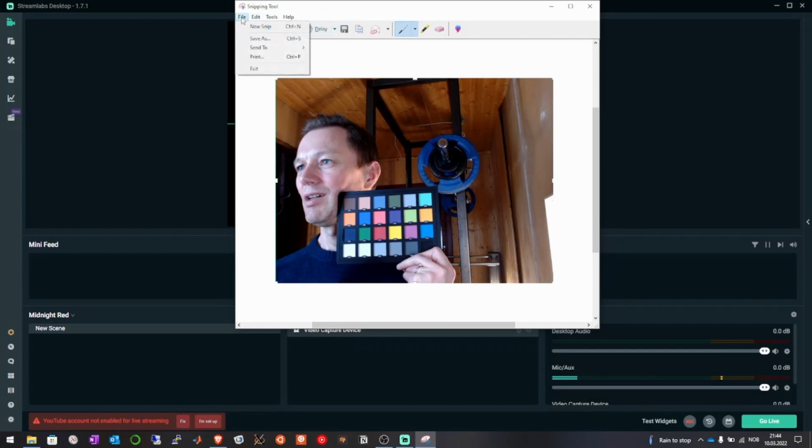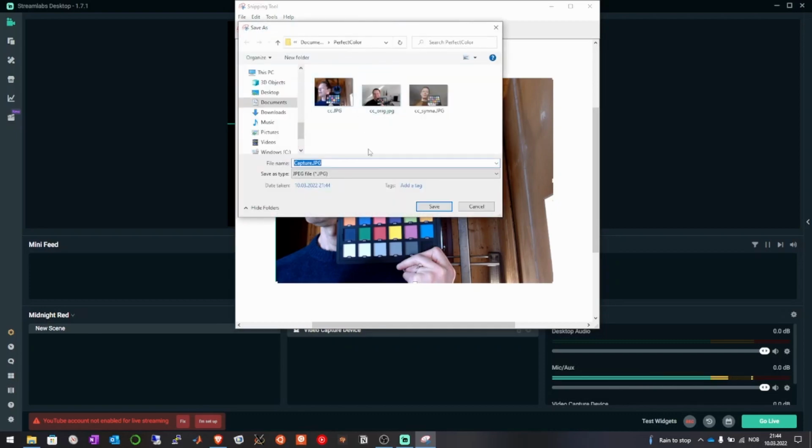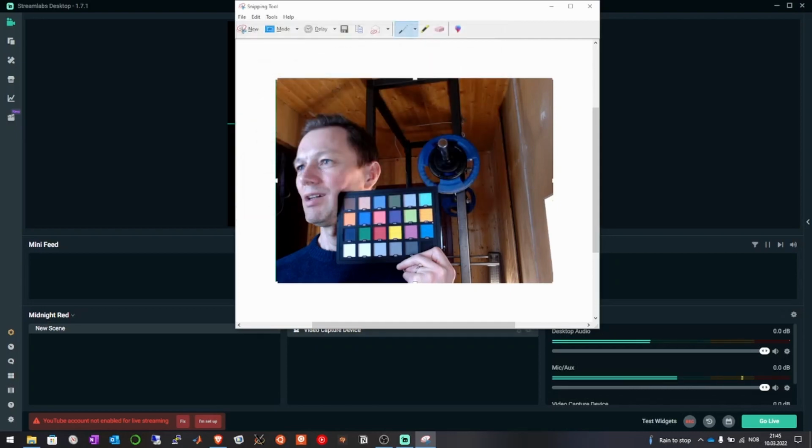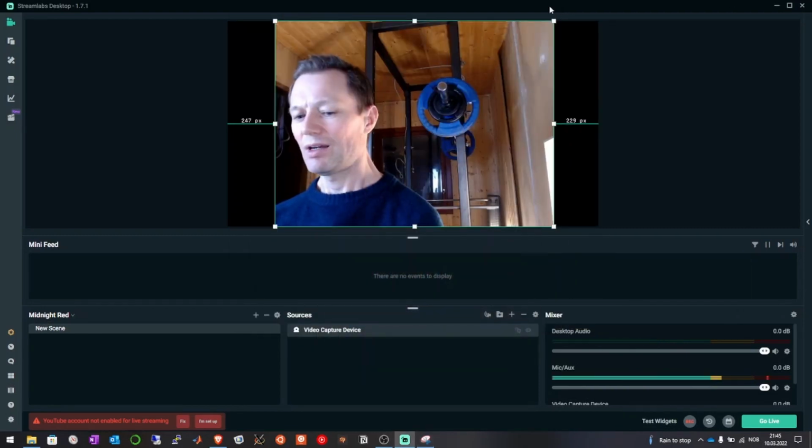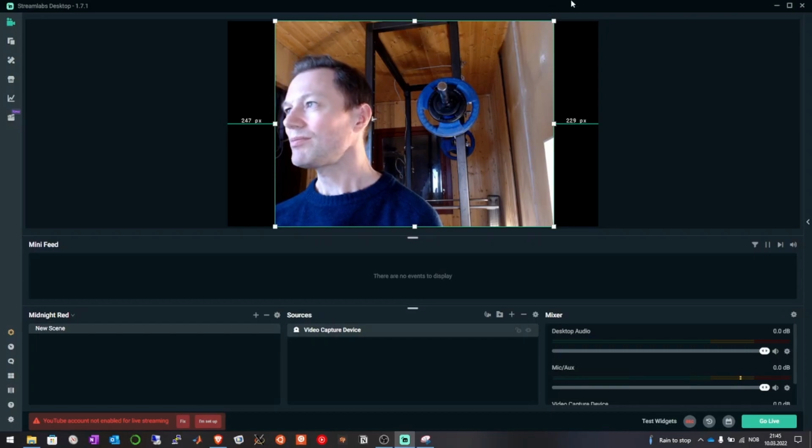and I save as, and now I want to overwrite this CC-JPEG file that is inside the documents folder and under PerfectColor. So I just overwrite the CC-JPEG file that's in here. I just replace it, and now I want to run